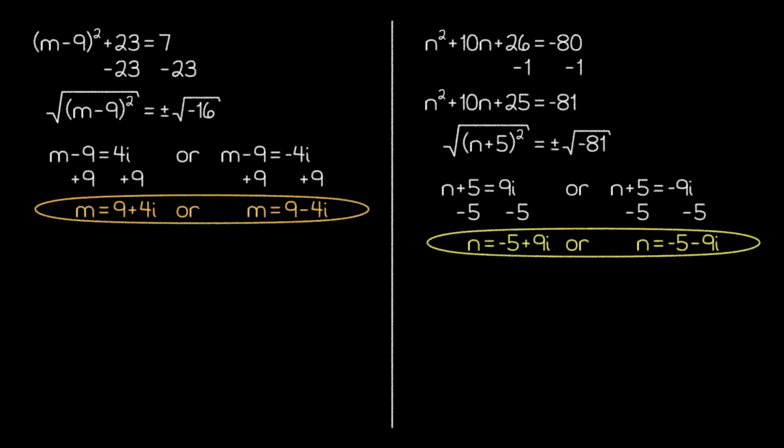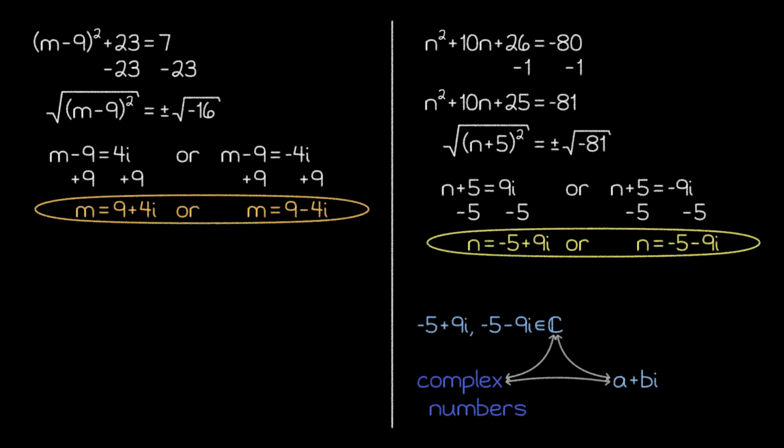As we mentioned before, each of our answers consists of some real units plus some imaginary units, and those two types of units can't be combined. Because of this, each of our answers looks more like a mathematical expression than a single number. Despite this appearance, though, we do actually consider each of these answers to be a single number, and we call these numbers complex numbers. A complex number is any number of the form a plus bi, where a and b are both real numbers.